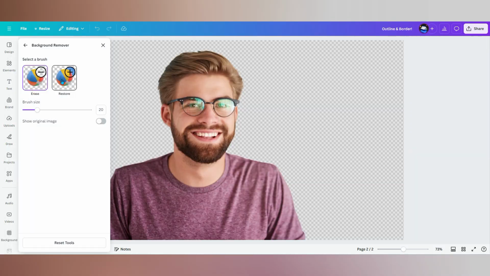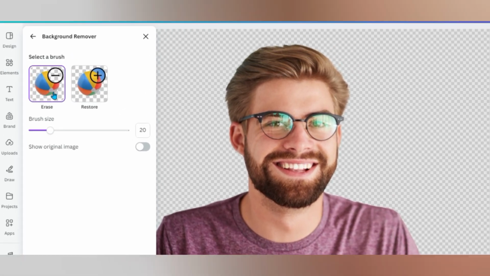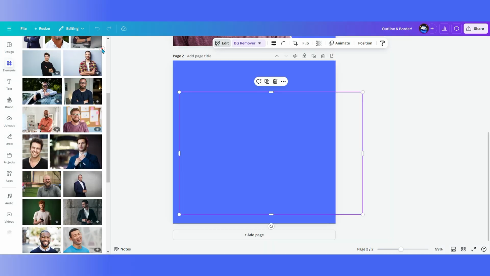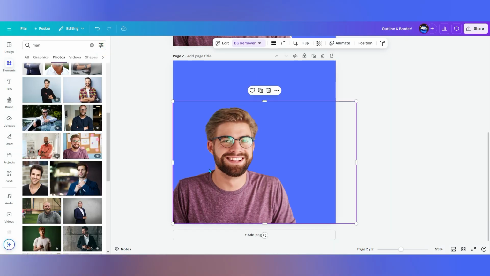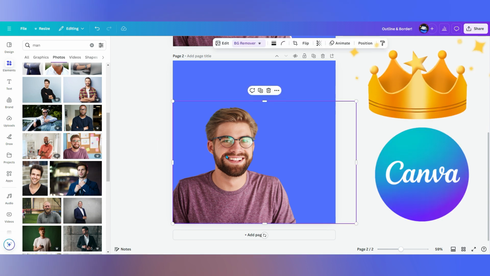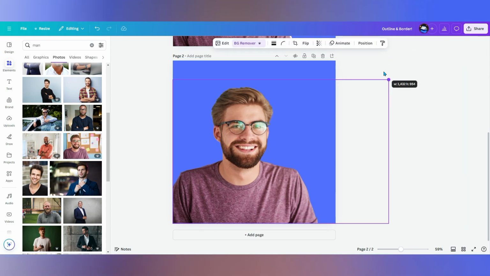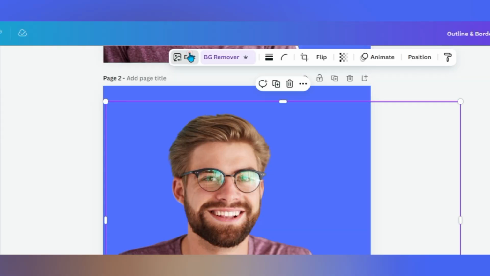You can adjust the background in here. You can manually restore and erase some parts. So the background remover is only available for Canva Pro users. If you don't have it, you can purchase it or use a free trial. Now that our background is removed,